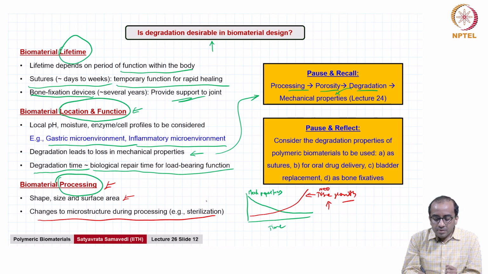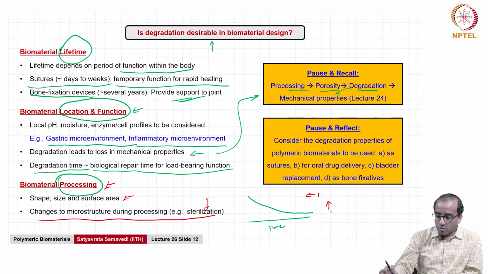And what is the effect of sterilization, right? If we're using radiation, for example, gamma radiation to sterilize, does that induce any processes within the biomaterial that can cause it to degrade faster? All of these factors have to be kept very carefully in mind. So in closing,